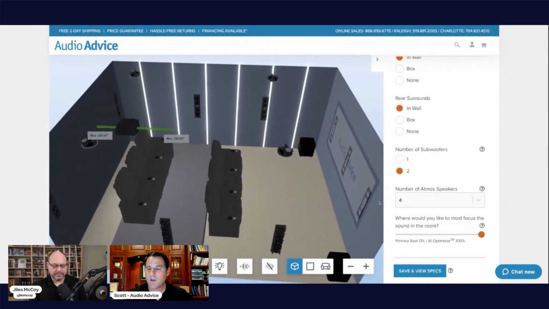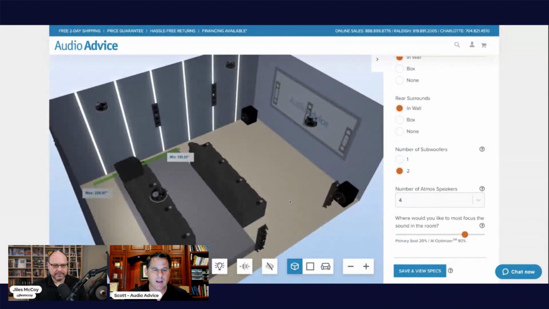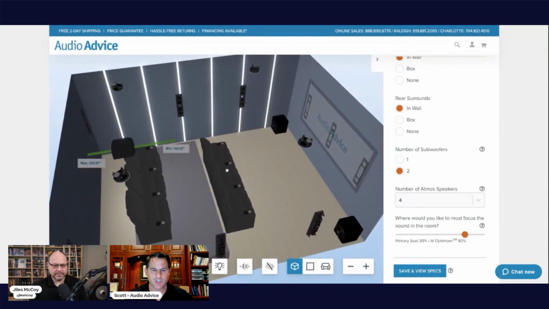What people will often do in the most used position, and this gets used thousands of times per month as people build these things. If I slide it back, most people will take it to the position where they can get it where it hits all seats, but it's not orange anywhere. And so it's as close as you can get to being perfect here, but still allows every seat to have